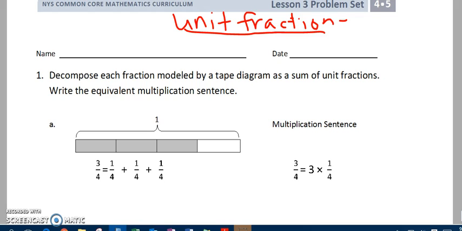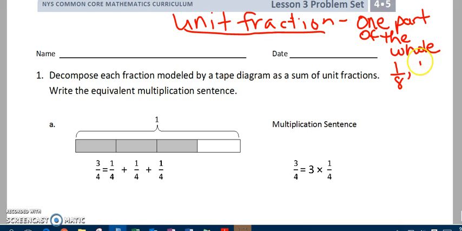I'm using my problem set page just because that's what's handy for me. But what I want you to do is say that a unit fraction is 1 part of the whole. So an example would be 1/8 or 1/6 or 1/3. It's just when the numerator is 1, we're talking about 1 part of the whole. Once you have that definition done, go ahead and turn to the problem set, and we'll start with problem